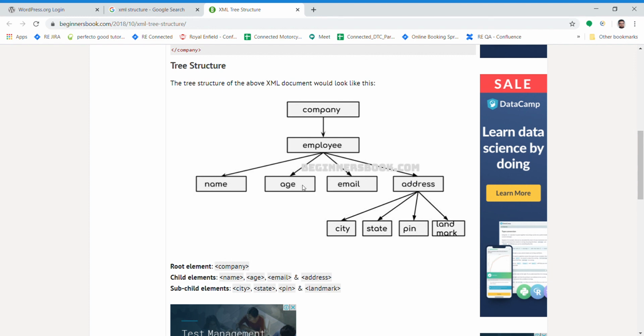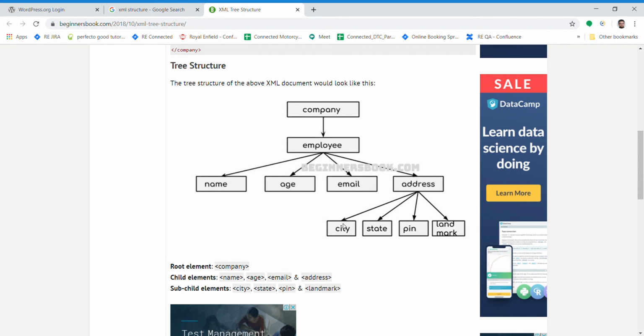Similarly, in web automation we have to find elements. Let's say we want to find this state element. One way is that we start with the root element or root node in the document. We first go to company, then employee, then address, and then city. But such locators are not robust, and the reason is that if any of the elements change, let's say employee or address changes, we are not going to find city. It may become an orphan in our XPath. It will have no linkage. We will not be able to find it. So we have to find this city related to some other elements.